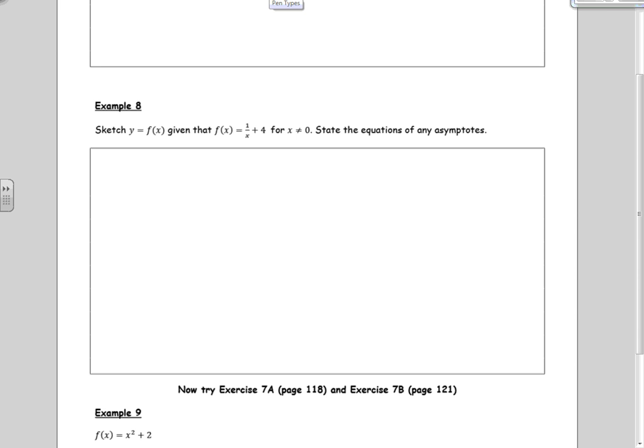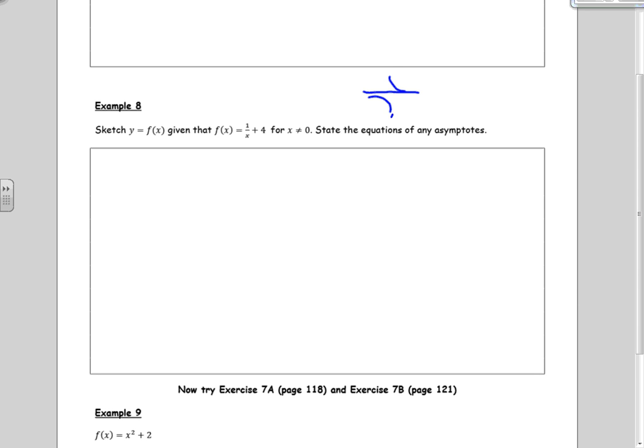C1, Graphs and Transformations of Graphs, Example 8. So here we're asked to sketch f of x when f of x is 1 over x plus 4. So of course we know that the graph of 1 over x has this sort of a shape,